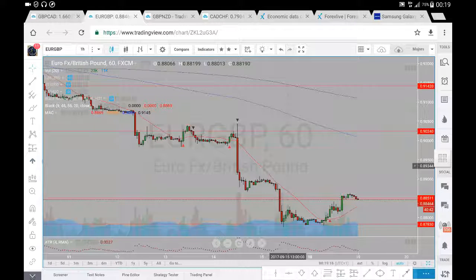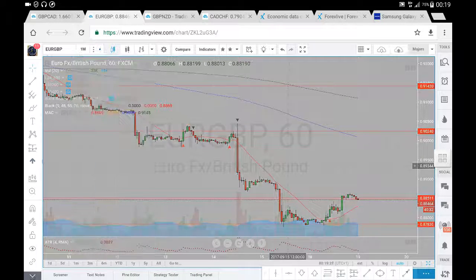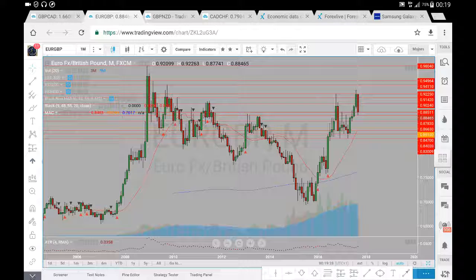So this is the euro pound. I am going to be doing some analysis on there, and let's start on the monthly time frame, see where we are now. Very interesting pair. We obviously have the large fundamental overhang of Brexit negotiations, the market's interpretation of how they are going,